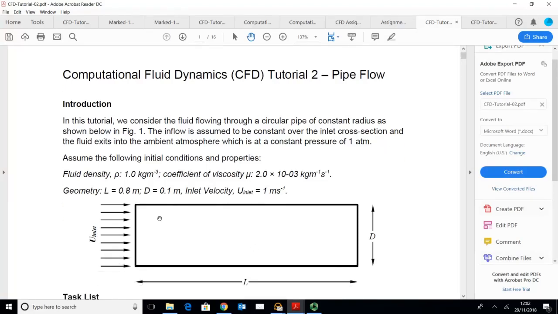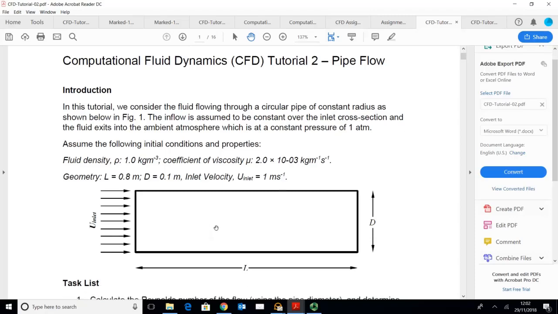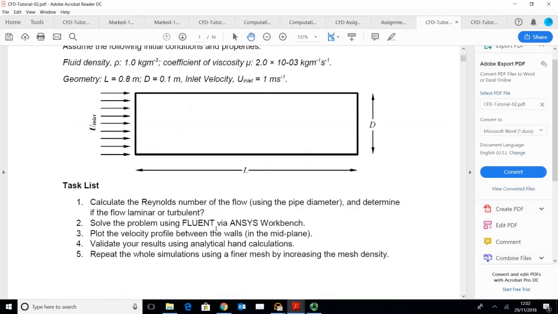You can see that your length is 0.8 meters and your diameter is 0.1 meter, and the coefficient of viscosity mu is given, as well as rho, which is given as 1, and the tasks that you have to